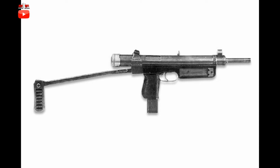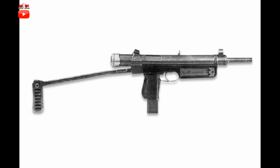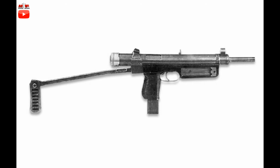The bolt overhung the frame at the rear to allow for an overall shorter weapon, a new concept at the time. The original chambering was in the ubiquitous 9x19 Parabellum German pistol cartridge, but the Soviet 7.62x25 Tokarev pistol cartridge, due to the Soviet influence over Czechoslovakia in the post-World War II world, was supported through